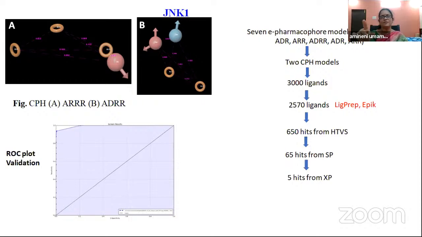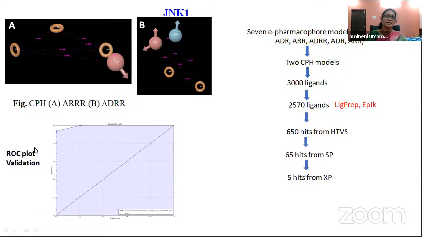For screening, we can take the pharmacophore models and screen, and we will get similar ligands, and again we have to filter them using LigPrep and ADMET. With this HTVS screening we got this many, then with SP and XP, and finally by comparing with the existing inhibitor, we find only 5 hits.